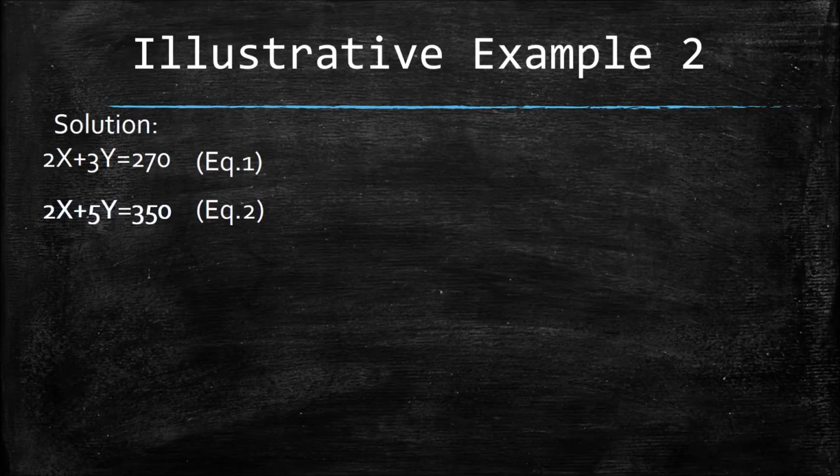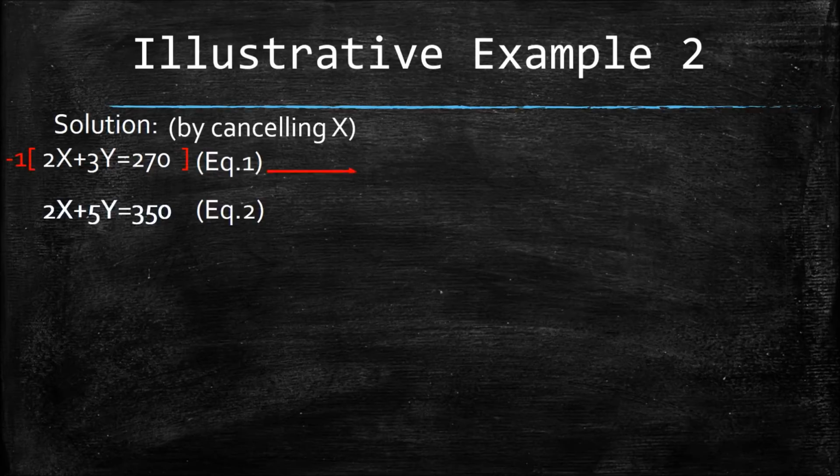Let's cancel x. We should multiply negative 1 to either equation 1 or equation 2 so that we may cancel the x's in both equations. Let's say multiply negative 1 to equation 1,